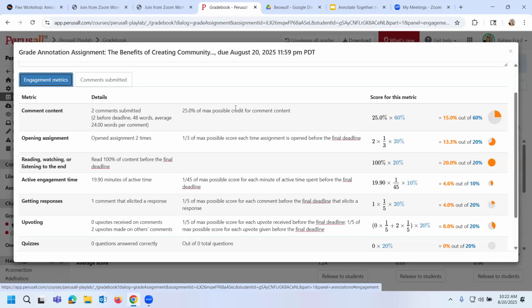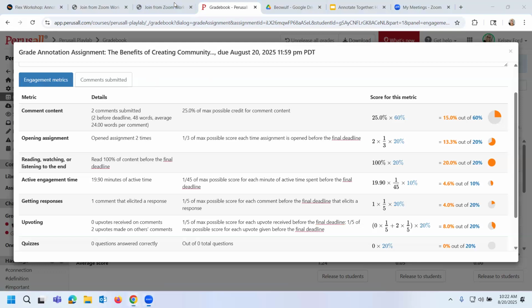You said that the AI within Perusall can generate a question when you highlight text. Are you able to edit it if you don't quite like how it's done? Yes, absolutely. If you like part of it and want to keep that part, but you don't want the other, you can absolutely edit. And I really appreciate Dipali's comment about the potential for AI generated comments that students might